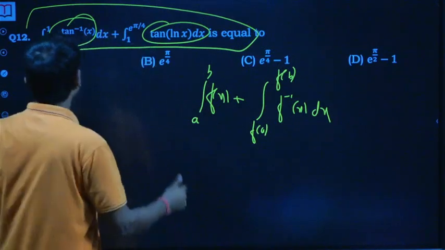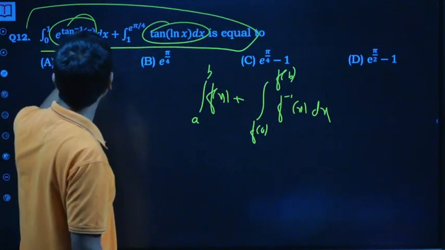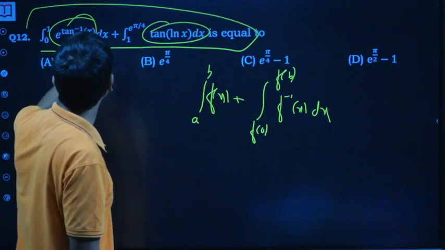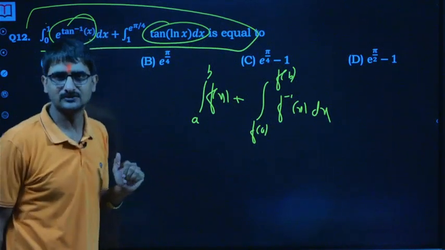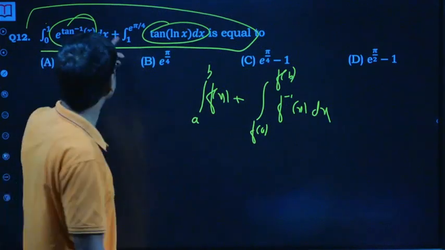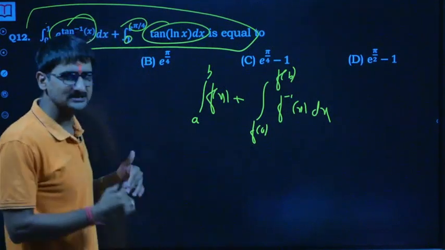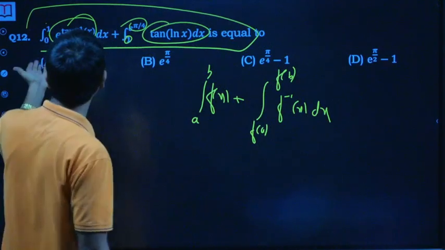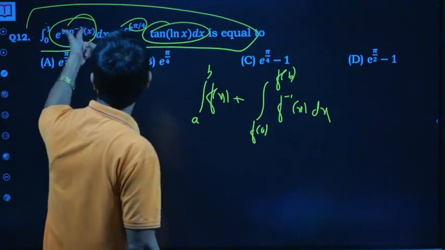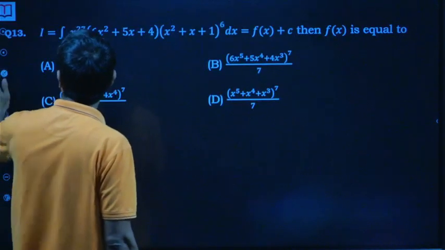So using it, it's so direct, because f of 0, if I replace x by 0 here, so it's e raised power 0, which is 1. If you replace x by 1 here, e raised power tan inverse of 1, which is pi by 4, so e raised power pi by 4. So it's f of 0, f of a, f of b. So the answer is simple, b into f of b minus a into f of a is 0. So b is 1, e raised power b. So answer is direct e raised power pi by 4. So moving to the next one.